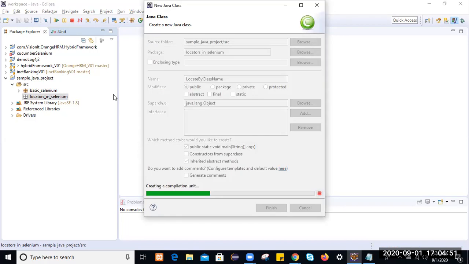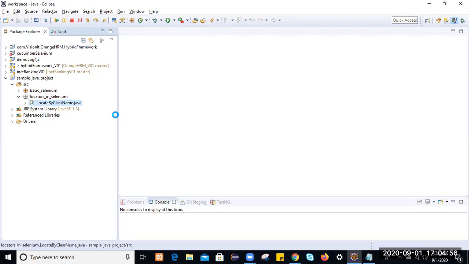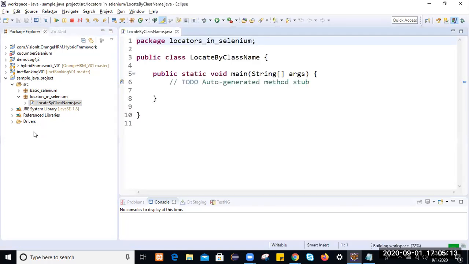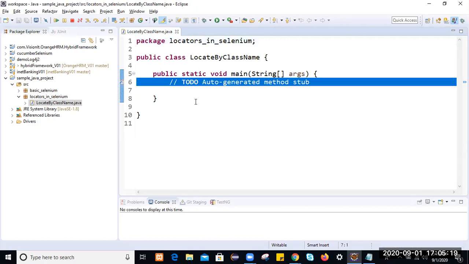Once you create a class, the first step is to launch the browser and navigate to the application under test. To launch the browser, we work with third-party browsers like Chrome, IE, or Firefox. If you're working with the latest Firefox version, you have to set the system variable path for that also.